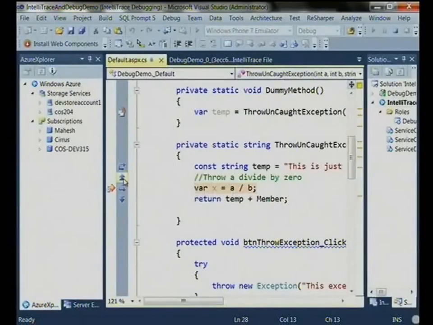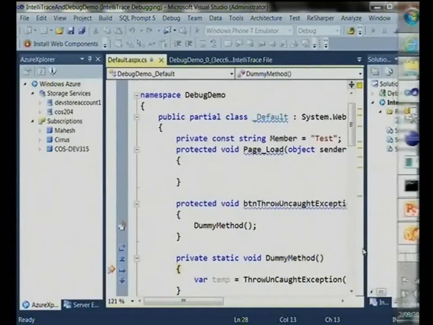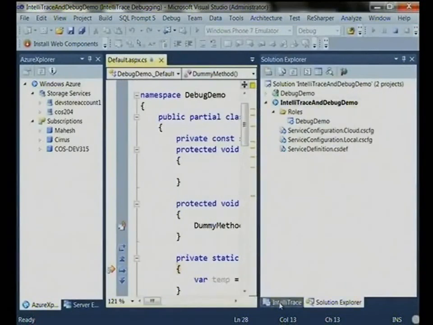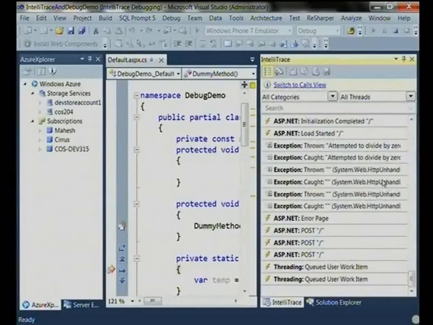You can go, okay, that's where it was called from, and where that was called from, and you get the whole stack trace. This feature alone, in my opinion, is enough to get Ultimate, because it'll save you hours and hours of debugging and so on.